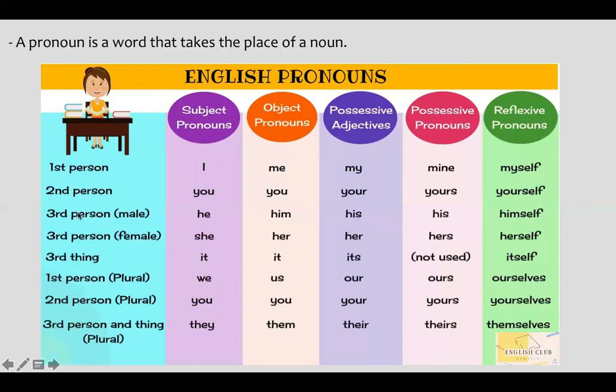Okay, let's move to if we want to talk to someone. For example, you look beautiful today. So I'm talking to someone and I'm telling them that you look beautiful today, right? This is a subject, okay? But if I said that I gave you the book, to whom did I give the book? You, right? So here is the object.